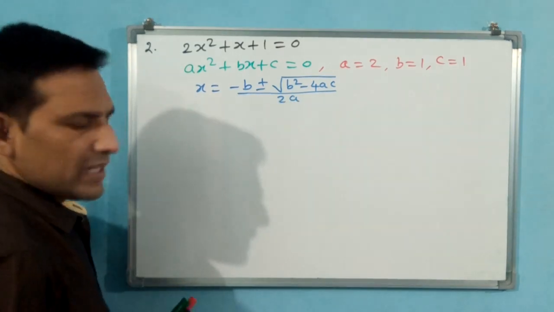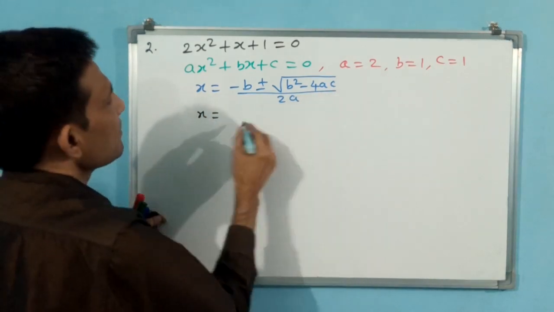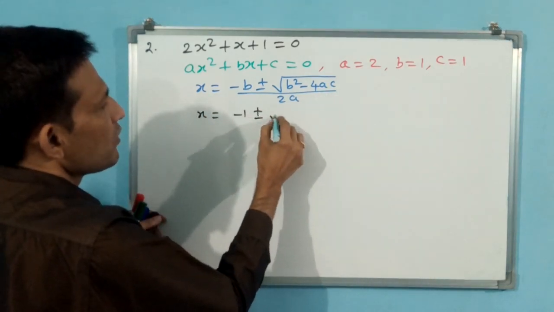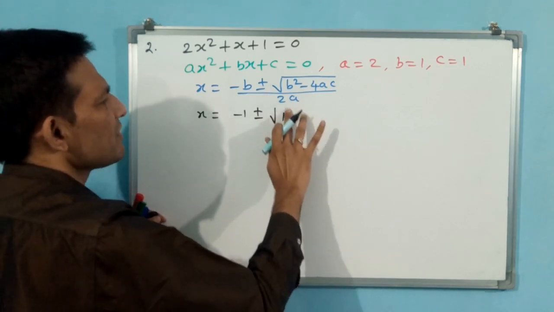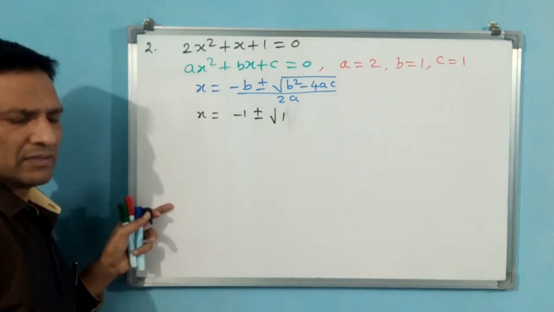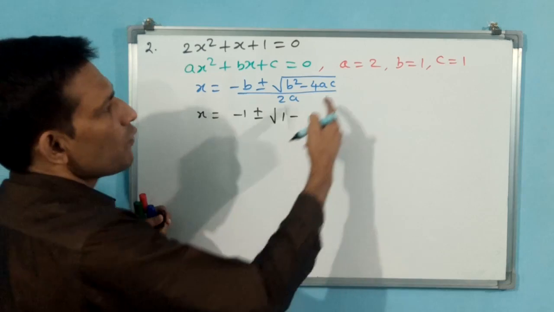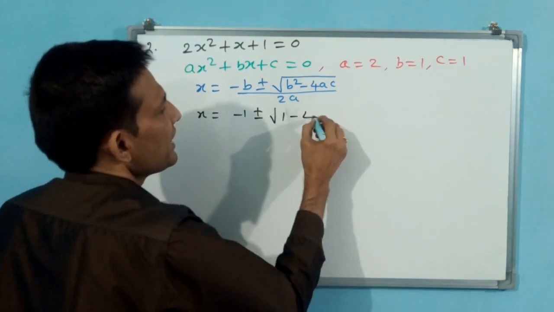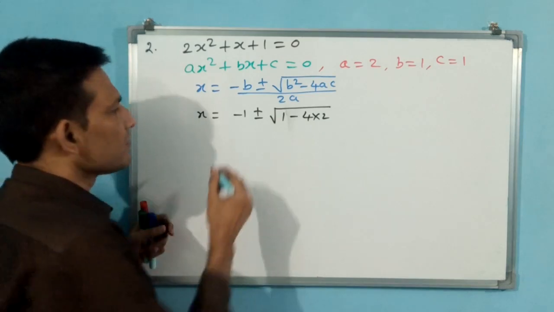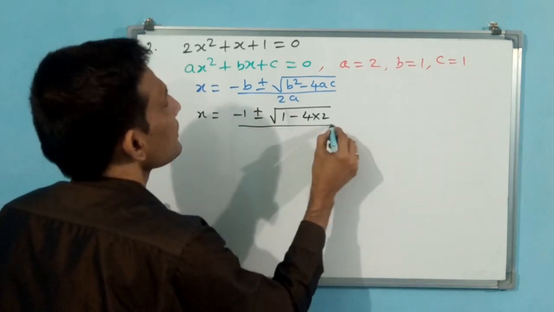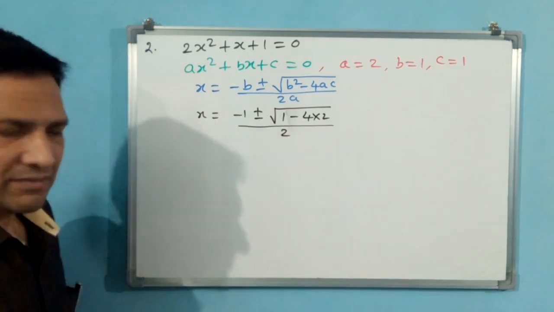Okay. Then write down, substitute: x is equal to minus b, minus 1, plus or minus square root of 1 square. Okay, 1 square, don't write 1 only, you write. Why? Because that much experience you have got now. Minus 4 into ac, 4 into 2 into 1. Shall I write 4 into 2? Why? Because into 1 you write or don't write. 2 into a also, 2 only you write. Why write 2 into 1 again?